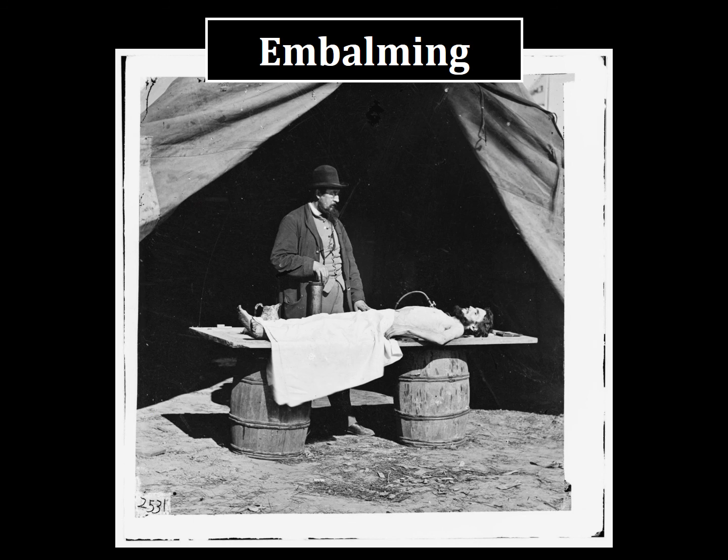You've heard of Egyptian embalming and mummy making before. I'm absolutely certain of it. But this is not the same kind of process that we have in our modern society. So the modern idea of embalming actually starts during the American Civil War, and it involves the insertion of what's